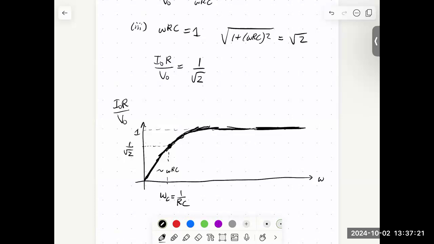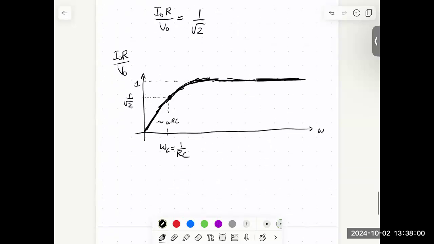All right. And so what I want to take away from this plot is that at low frequencies, our output is small. It's suppressed, attenuated. At high frequencies, our output is the same size as the input because the ratio of amplitudes is 1. And so this is a type of filter. This is called a high pass filter because it attenuates at low frequencies, but passes without any attenuation at high frequencies. Okay, so this is no attenuation